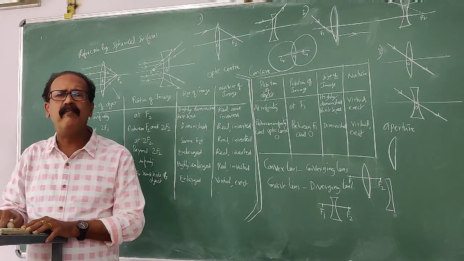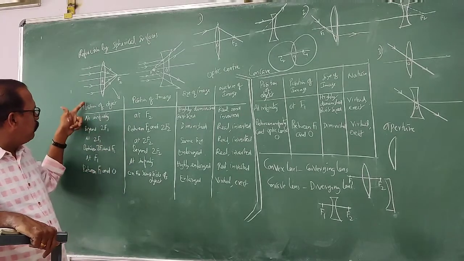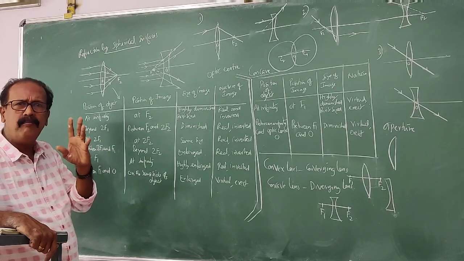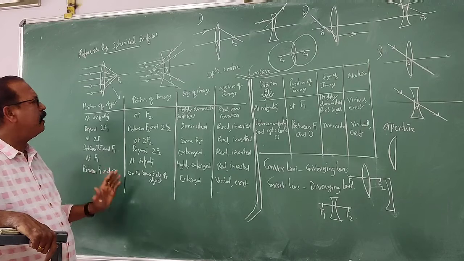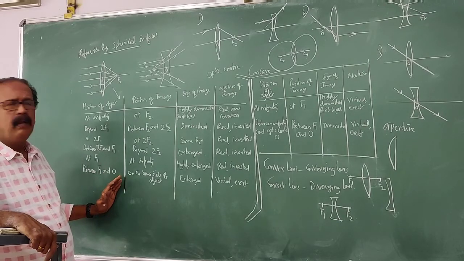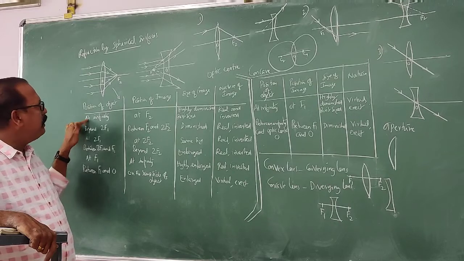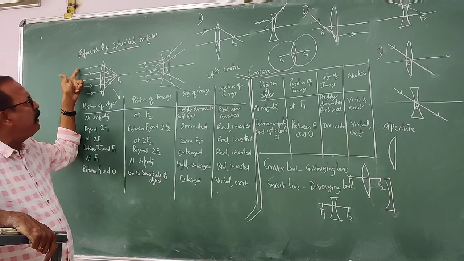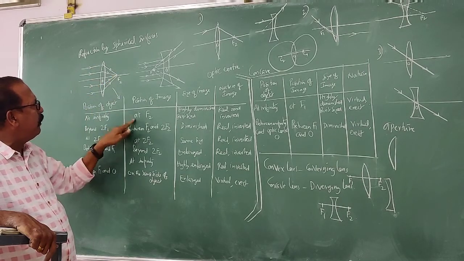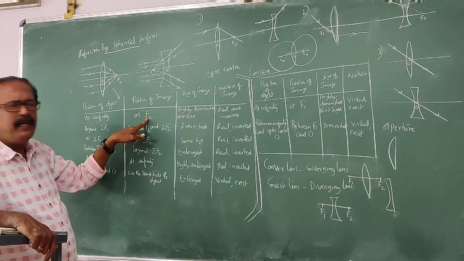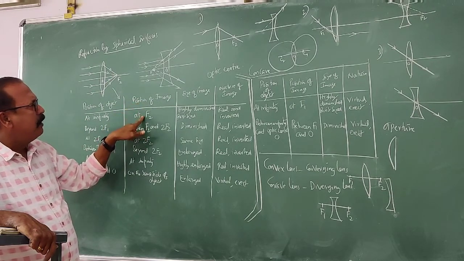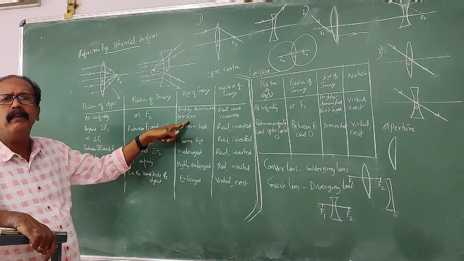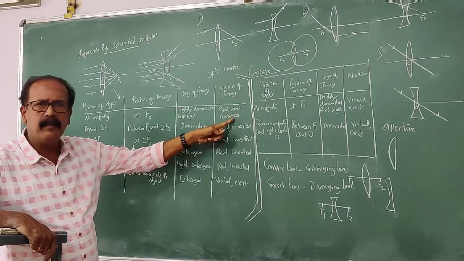Now, image formation by a convex lens first of all. For convenience, I have written this chart here, one by one. As you studied the concave mirror, the same idea comes here. When the object is at infinity, the image is formed at the focus. Parallel light rays coming in converge after refraction to the focus at f2. The size of the image is highly diminished, point size, as we studied in the concave mirror. Nature of image: real and inverted.